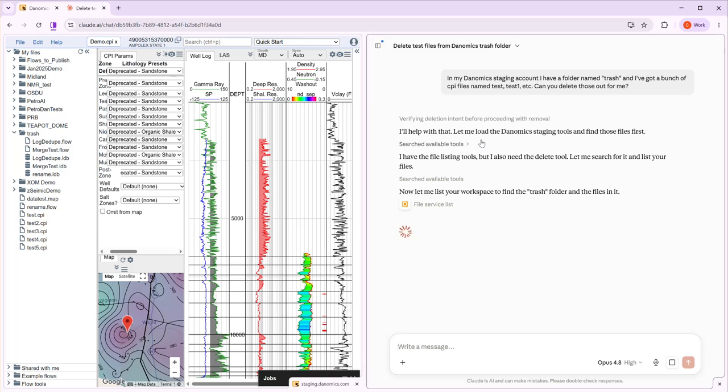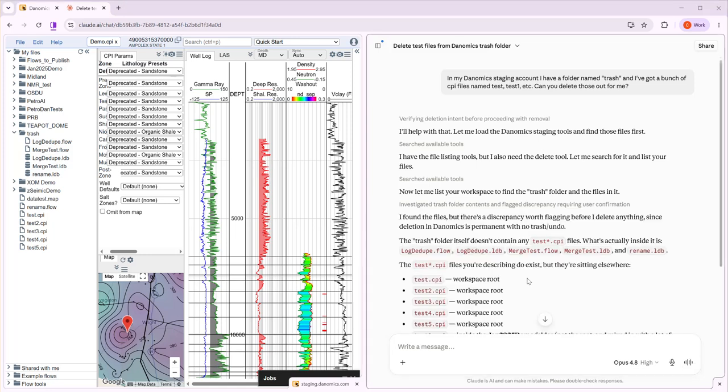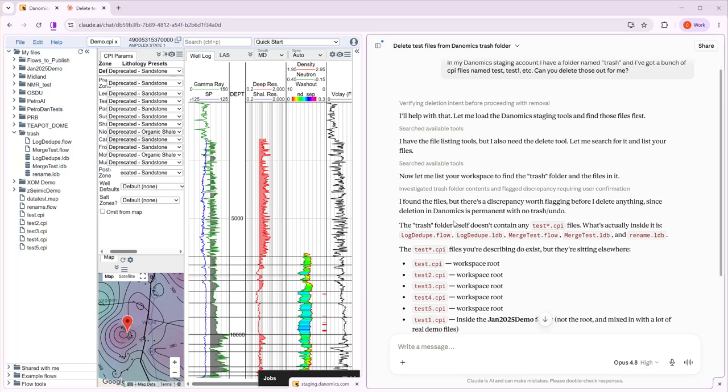And here in a second, Claude should probably come back with a list of those files, and it'll ask us, you know, are we sure before we want to delete it. Now, I'm going to pause the video so we don't have to sit here and watch what Claude thinks while we're doing this. Okay, so had that video paused for about 20 or 30 seconds there, and Claude came back and says, hey,